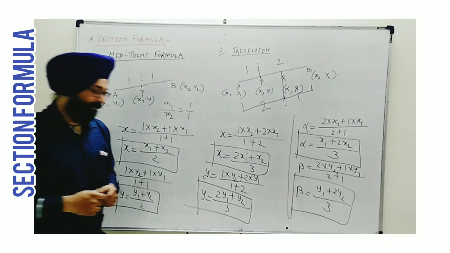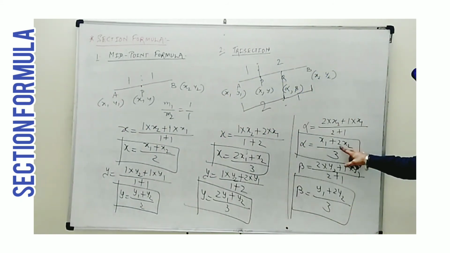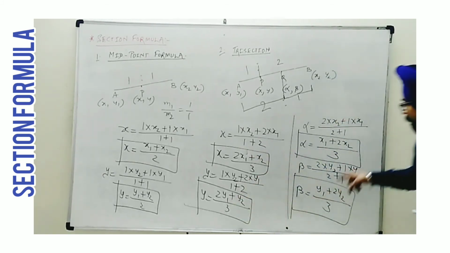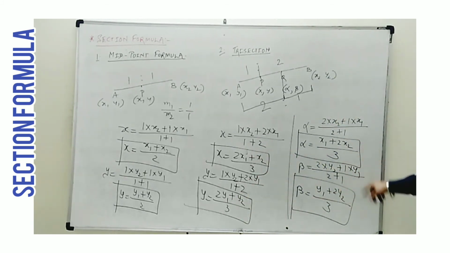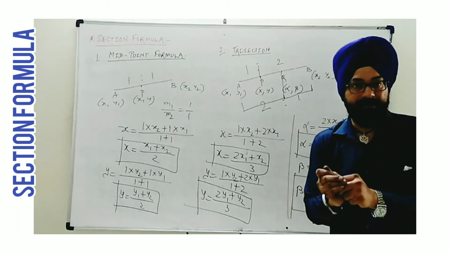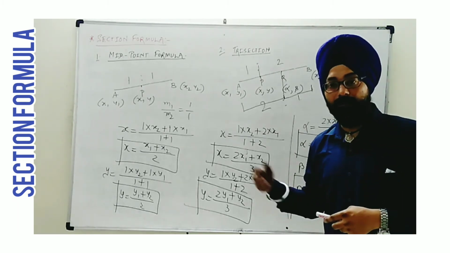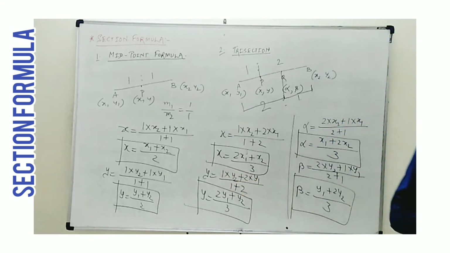Now what is the change? Denominator is 3. No problem. But here 2 is multiplied to the second part. You see here it was x1 and y1 both. Here we are multiplying 2 in each of x2 and y2, okay, to get the abscissa and ordinate of point Q. So this is the condition of trisection. When we will see examples, this is better understandable. We will see more applications of the section formula.